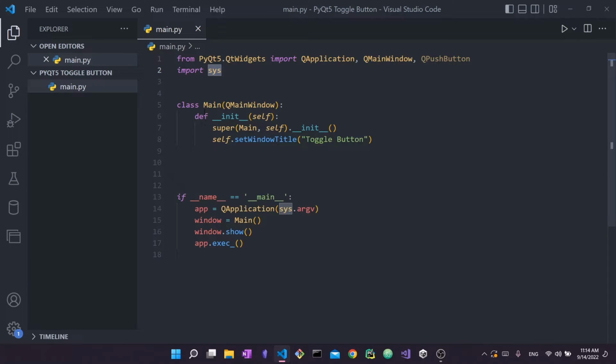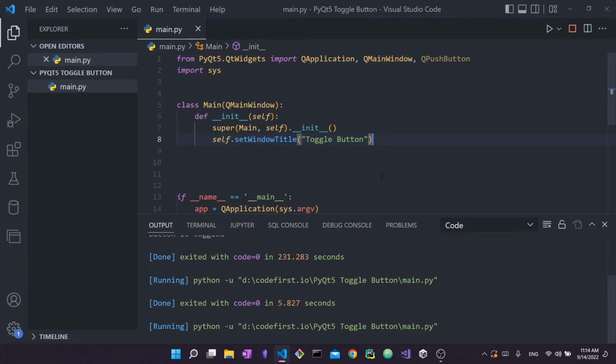We define a class called main. This class will inherit from QMainWindow. So we have one window in our application. This window is a QMainWindow. We define the init function of this main, so the constructor of this main class. Then we call the init function of the superclass of main, so in this case, QMainWindow. And finally, I just set the window title to be toggle button. So as you can see, if I run it again and I resize it, the window title here says toggle